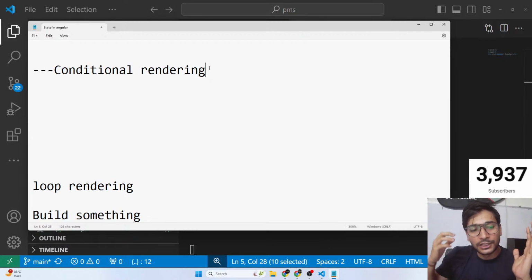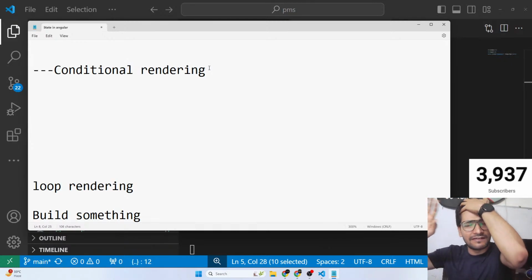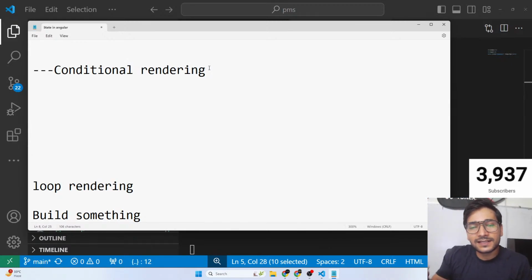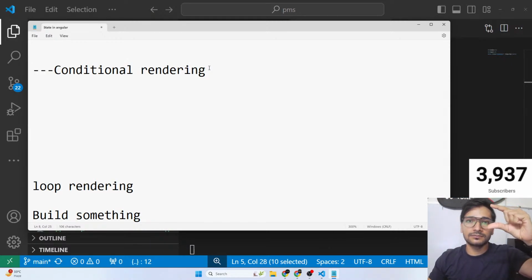A lot of times in your UI, you display a lot of things, but sometimes you want to display a few things based on a condition. For example, let's say you go on an application, right? You go on an application like Flipkart, and there a lot of products are displayed. 10, 20, 50, 70 products are displayed. But you can see that some products, if they are out of stock, they are blacked out, or they are not highlighted, or they are not clickable. That means they have displayed 20 products, but one out of those products is not available. That's why it's blacked out.